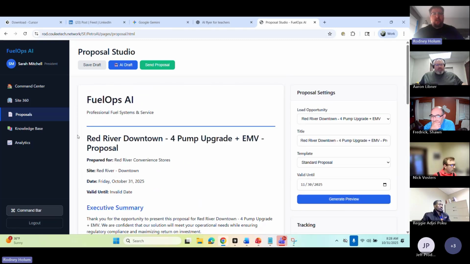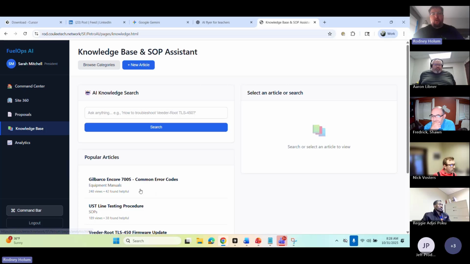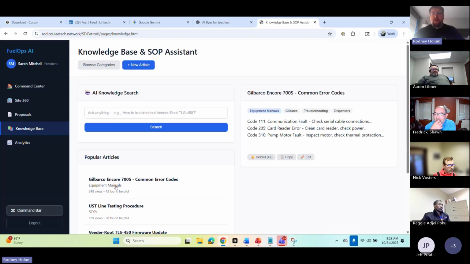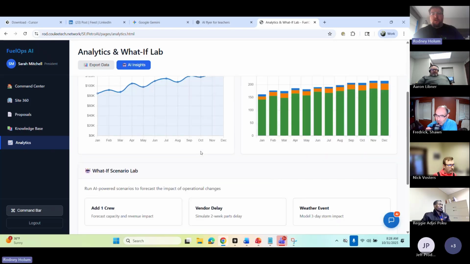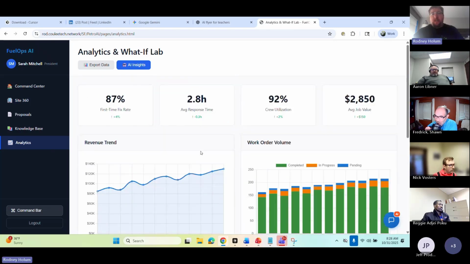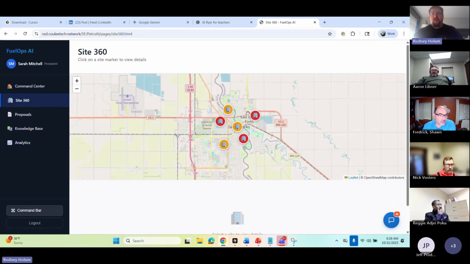So here's your proposal generator, knowledge base. I had to ask the group I was talking to, is this a real machine? And they said, yeah, it's a machine we work with all the time. So it has a knowledge base for you on different aspects of it, and you'd be able to edit it, or analytics. It gives you anything from dashboarding. This is basically a centralized ERP solution that allows this client or clients to potentially replace a lot of their really expensive internal ERP systems with ones that are completely custom fit to them.